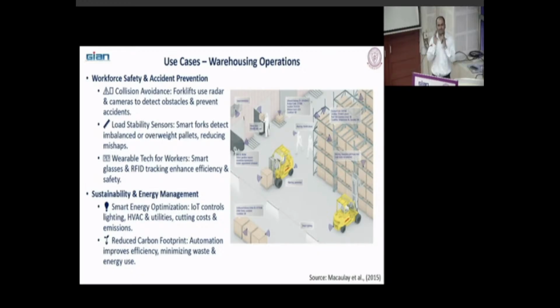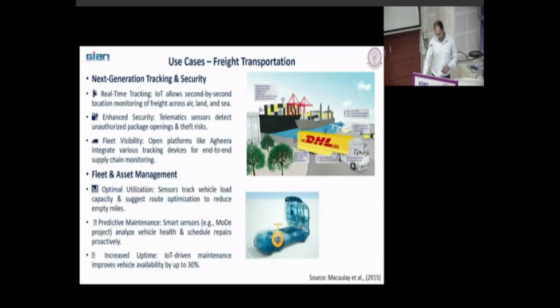If you look at the supplier side, manufacturing, at each node in your supply chain, there are many applications of this technology. Freight transportation, next generation tracking and security. You can see here, when your vessel arrives at your ship, it will tell you the temperature inside this container, the humidity level, whether the container was opened for customs, shock, no shock events detected. This kind of information you can get.